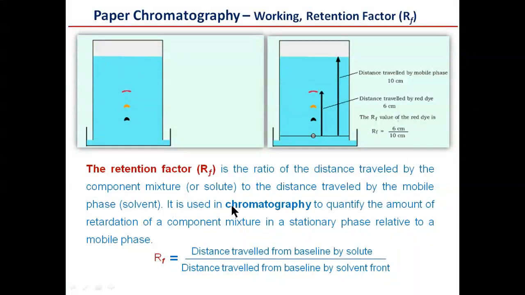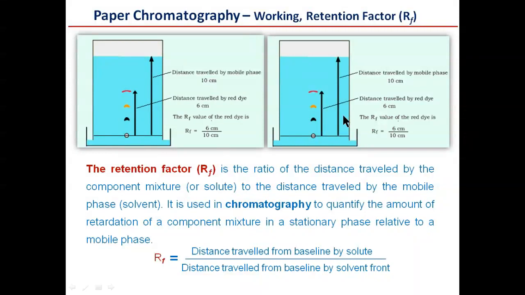It is used in the chromatographic technique to quantify the amount of retardation of the component mixture in the stationary phase relative to the mobile phase. So we can calculate the retardation factor by using RF values. You can see here, just for example, we have three dyes: one is red, one is yellow, and the other is black. First we will have to calculate